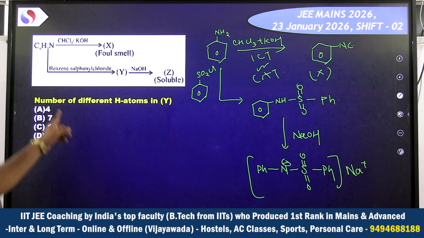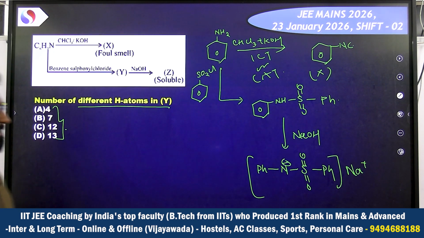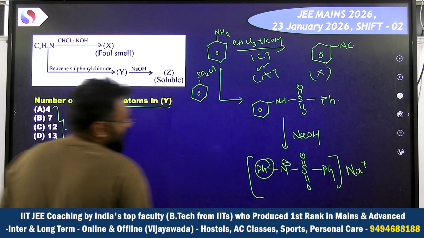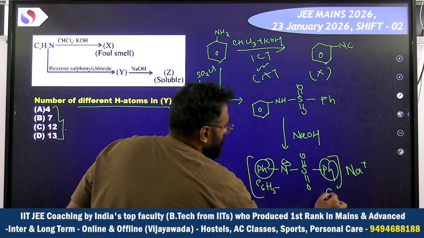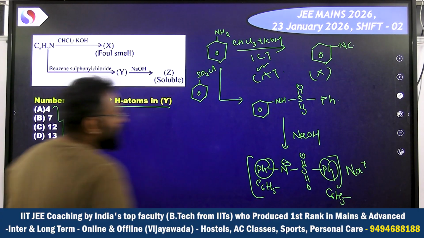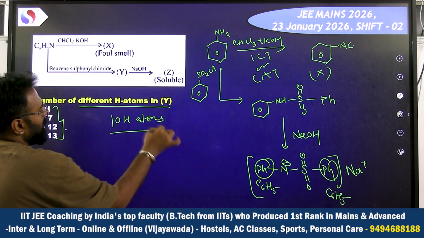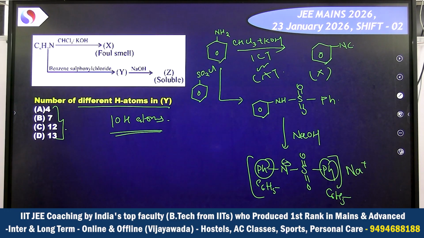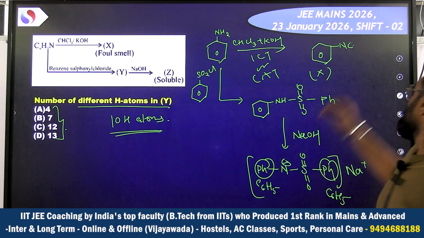Now the question is saying different number of hydrogen atoms. Bhaiya, there is a correction in the options, check it. C6H5 and C6H5, so total 10 hydrogen atoms. Total 10 hydrogen atoms are present in this question. Options have a correction. Now next,